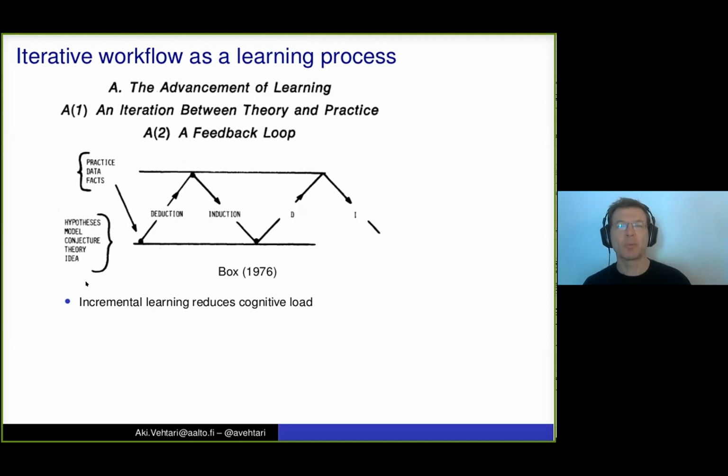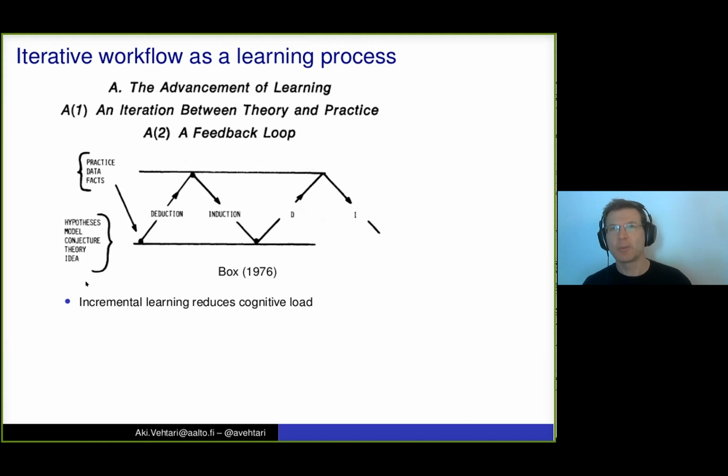In some cases, we might know beforehand, okay, based on previous experiments, something very complex is applicable right away. But when we are examining a new phenomenon for us, we can start from something simple, because incremental learning reduces cognitive load. This is how we also teach children and also adults in universities: in the courses, we first teach something simple, and then we start to gradually build more complex things on top of that.